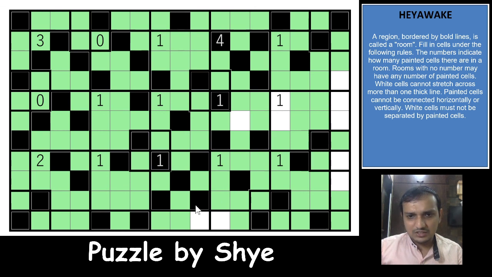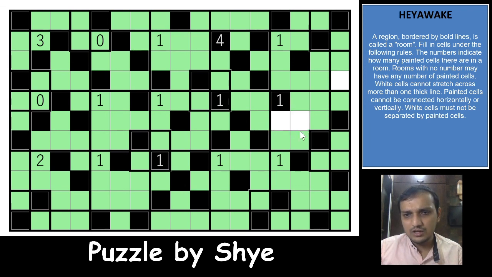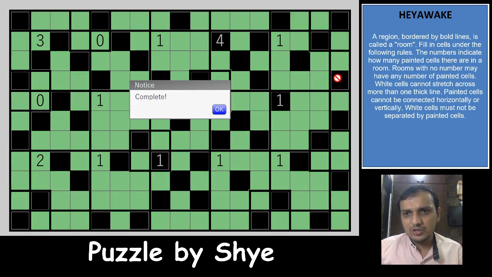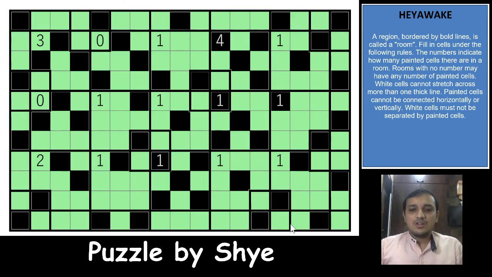Okay, that is done. That shades this cell and unshades both of these cells because of the white cell connecting rule. That shades this cell because of the thick border rule again, and that shades this cell, unshades this cell, shades this cell. Excellent. And that shades this cell because of the thick border rule here, and this cell becomes shaded now. Wow, that was a really easy logic that we missed. We have seen a very few difficult narrow logics, but that was a really easy one that we have missed.